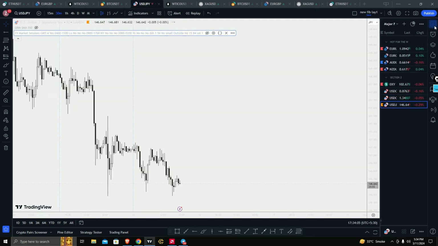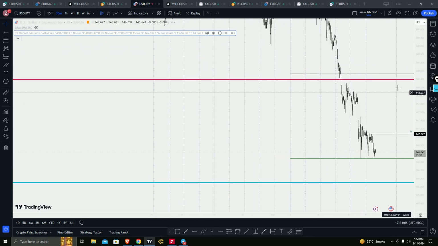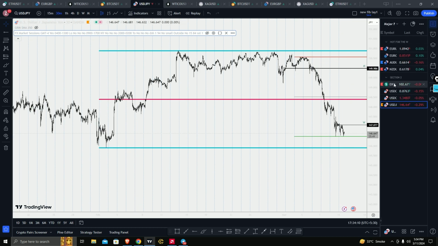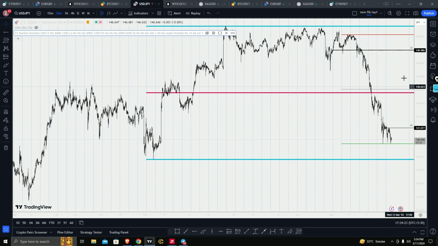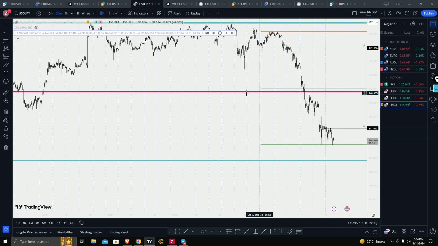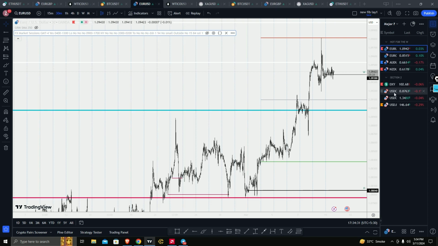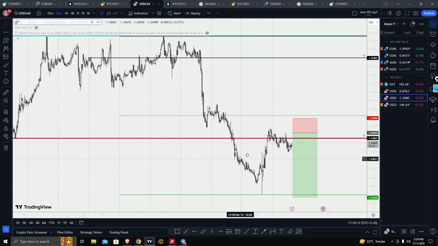So yeah, I will not do UJ. UJ is going off of my watch list. For some reason, you can see GBP is missing from here and UJ is probably going to go. So yeah, GBP and UJ. Something about those assets doesn't fit well with my system, and last week I had a good taste of that. My two major losers came from UJ. Anyways, so that's it for currencies. Very short review on currencies.